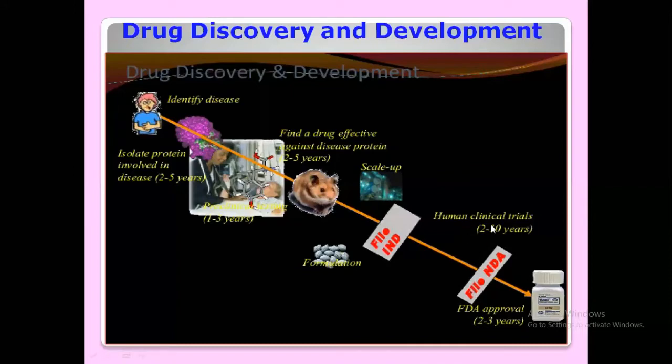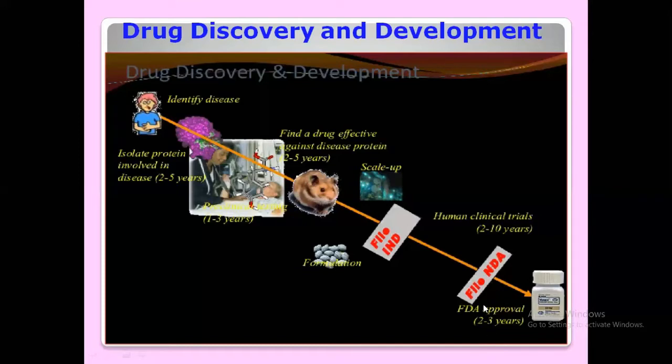Once the human clinical trial is successfully done, you have to go for FDA approval. You have to file the name of that tablet with the FDA, that is, register with the drug authority, so that the drug authority gives FDA approval. That is universal approval. Once you have filed, the authority will not approve you within 1 or 2 months. Sometimes they will keep it and not give approval immediately. The time duration for getting approval itself sometimes takes 2 to 3 years.